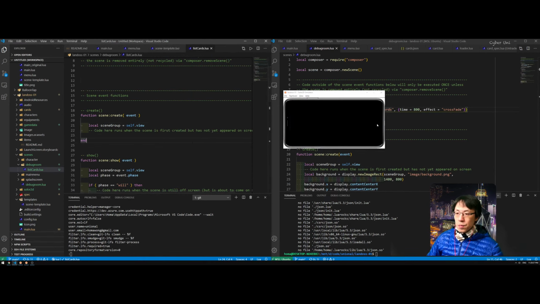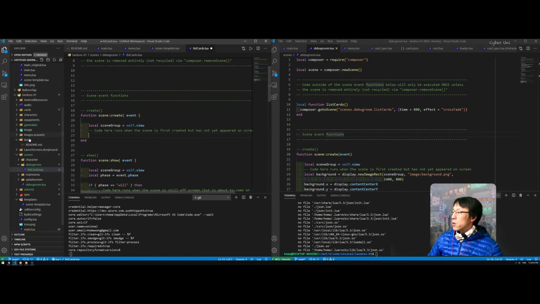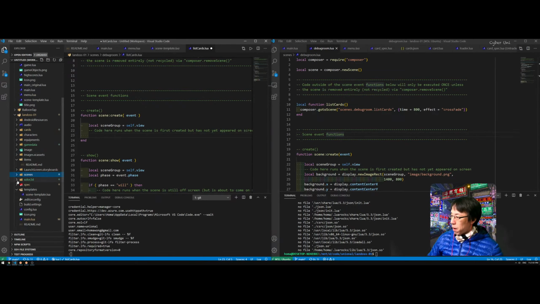Okay, so now this is working. So what we want to do is, when it is created, not when it is loaded, we want to load the cards, right? So we'll probably do some more organization over here, but right now